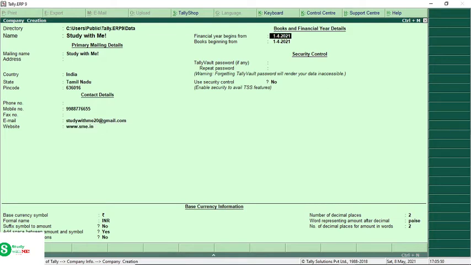Financial year begins from 1/4/2021 and books beginning from 1/4/2021.